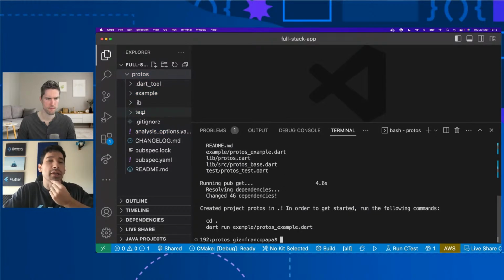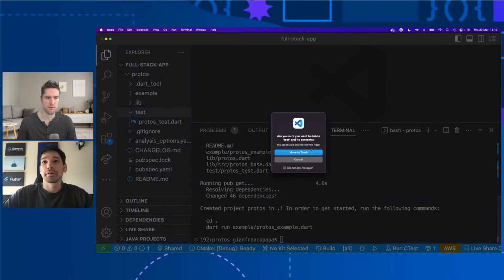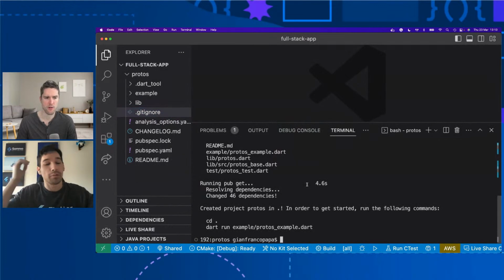Maybe we can delete the test folder because we are not going to have any tests. This is going to explode sooner or later, right? That's not one of the good practices. Well, you wouldn't really write tests for your protobufs because gRPC is well tested, unless you didn't define your model correctly. I guess you're mistrusting the way gRPC works, or protobuf, right?